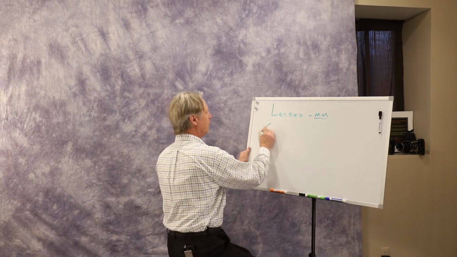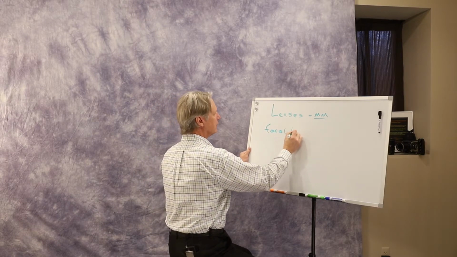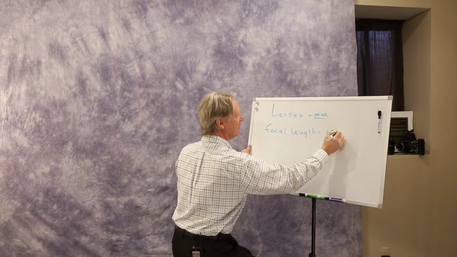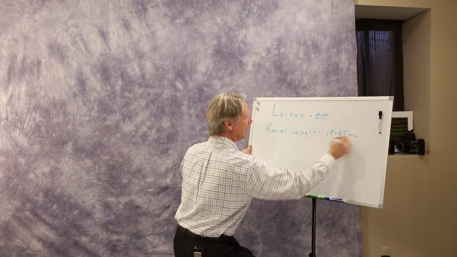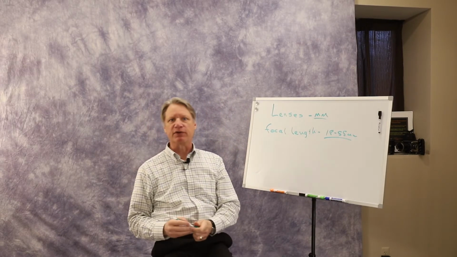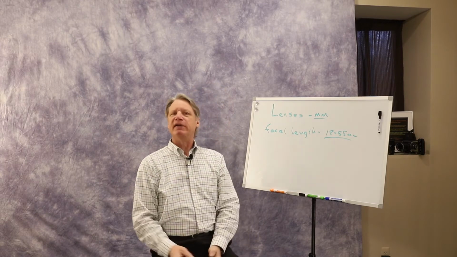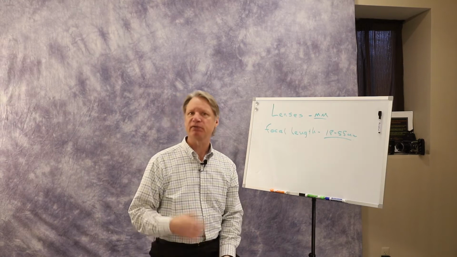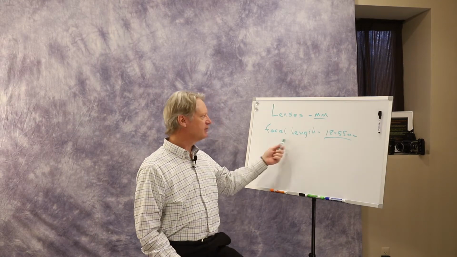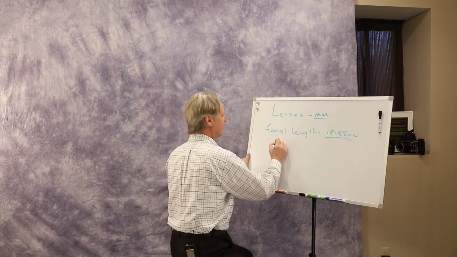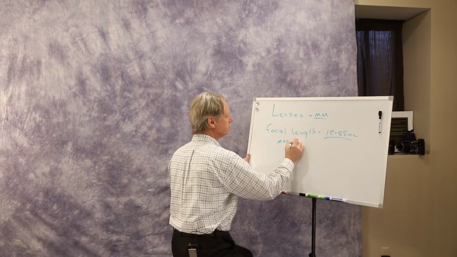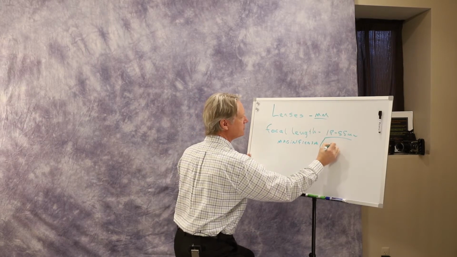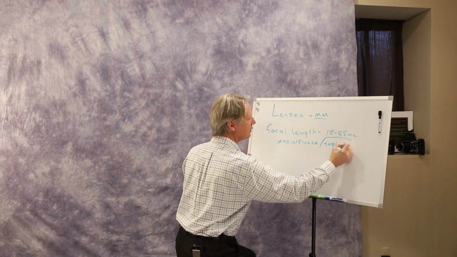expressed in what we call focal length. Now, a lot of you have these 18 to 55 millimeter lenses, especially on the school cameras, okay? Well, that doesn't mean that's how physically large or small the lens is. It simply refers to the focal length. Sometimes we refer to that as the magnification or the angle of view,